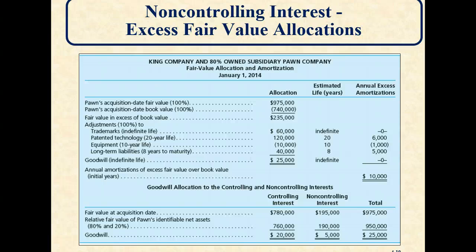The book value on the books shows $740,000. So we've got some excess amortization going on here. The fair value in excess of the book value is $235,000. Now they tell us what some changes are. Out of that $235,000 difference, they show we need to allocate $60,000 for trademarks, $120,000 for patented technology, and minus $10,000 in equipment. So basically the fair value is $10,000 less than the book value. And then 40,000 we have to add to our long-term